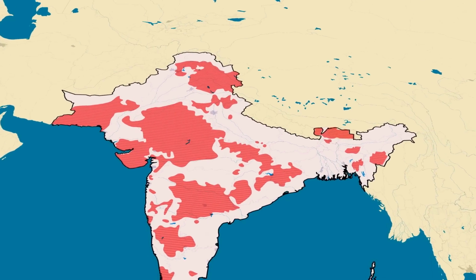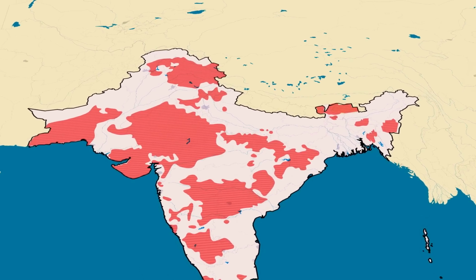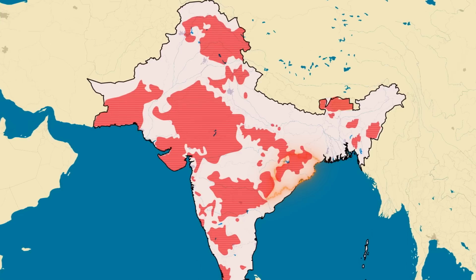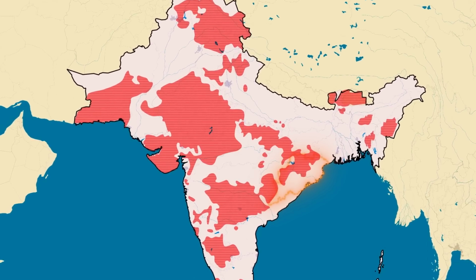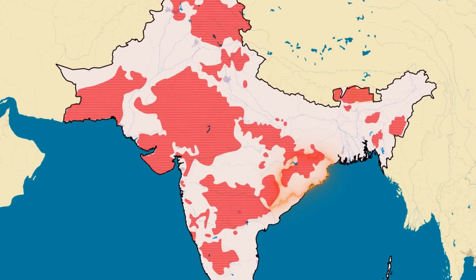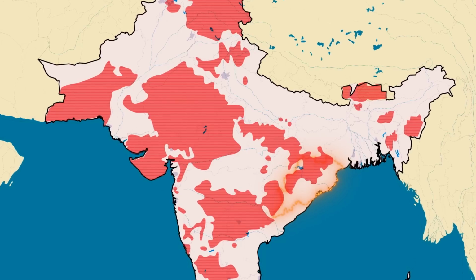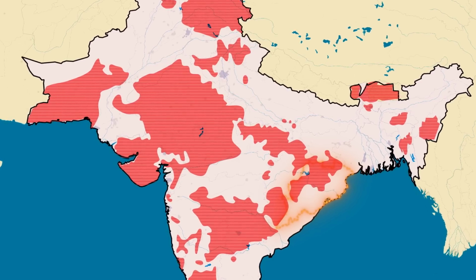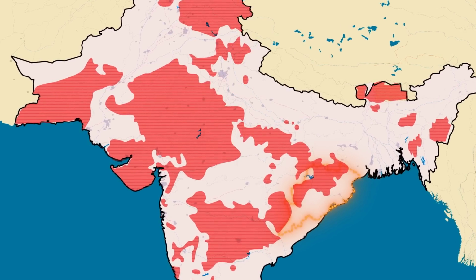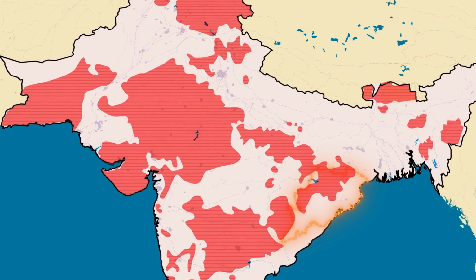With the integration of Hyderabad, the unification of India was nearly complete, except for Kashmir, which led to conflict with Pakistan and remains disputed and divided between the two nations to this day. The successful assimilation of the princely states profoundly impacted millions, transforming a fragmented land into a cohesive nation.